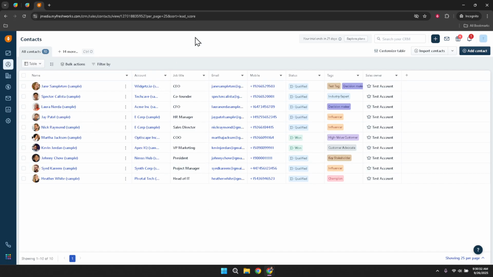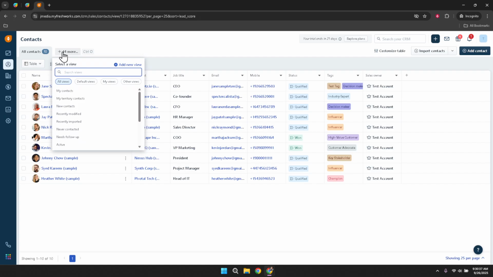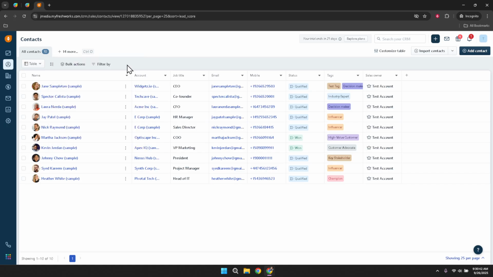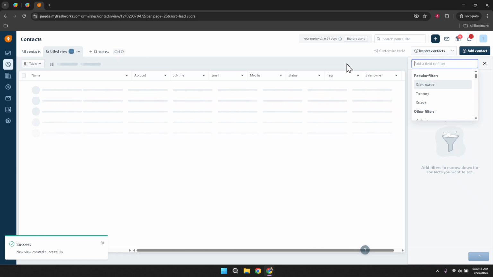One key feature you'll notice here is the plus icon, which allows you to add a new view. Go ahead and click on this plus icon. It's usually situated prominently for easy access. Following this, an option labeled Add New View will appear. Click on it. This step initiates the process of setting up a new table view, which you can customize according